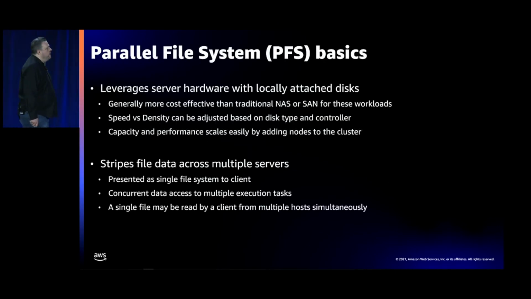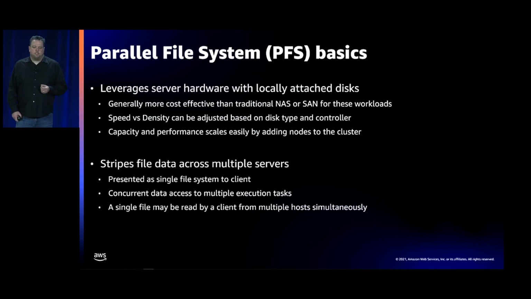All right, so let's talk about the basics of parallel file systems. The idea is that you're taking servers, instances, that have local drives attached to them, and you're aggregating them together into something that looks like a file system to the clients that access it. One thing that's really important to understand with this is that the clients that are accessing it generally are going to use something custom. This isn't going to present NFS or SMB or something of that nature. The custom clients are used because they have to understand where to get files and where to put files. We'll talk about that in a moment.